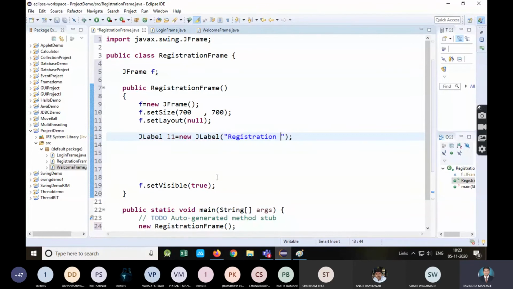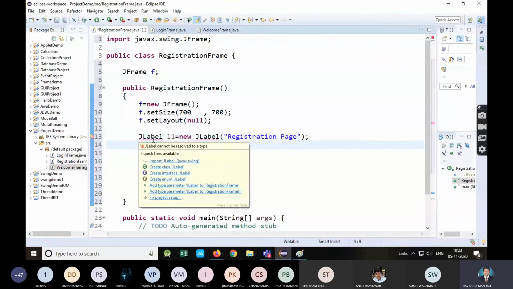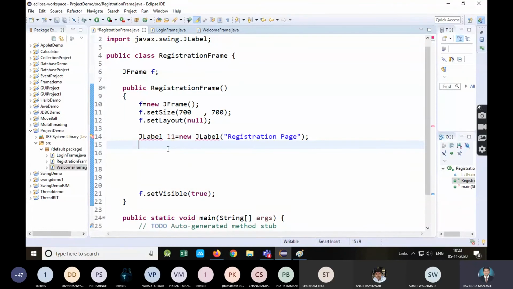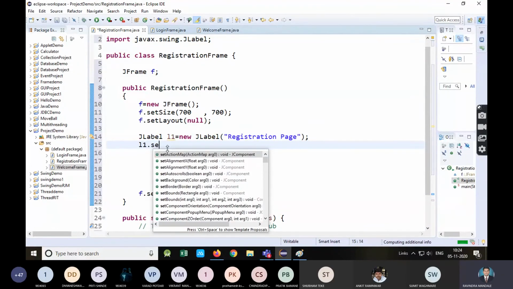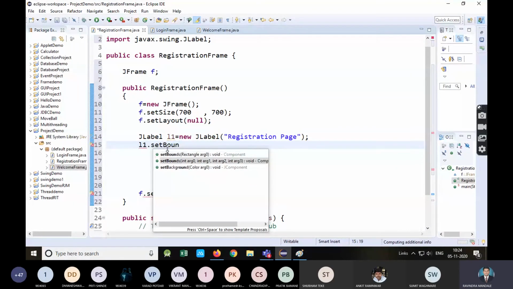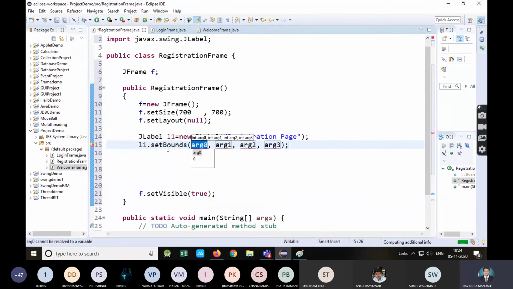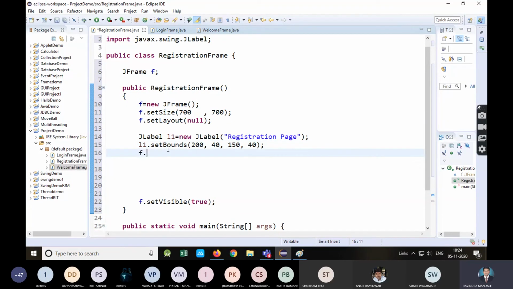Registration frame, or I will give page if you have confusion. Then next L1 dot set bounds. I have already calculated these values, so I will directly mention them: 200, 40, 150, and 40. Then add this label to the frame.